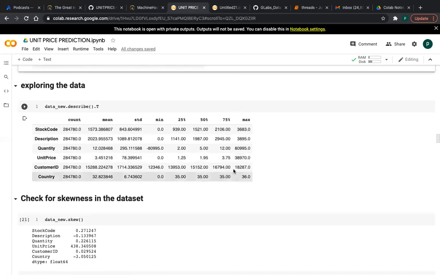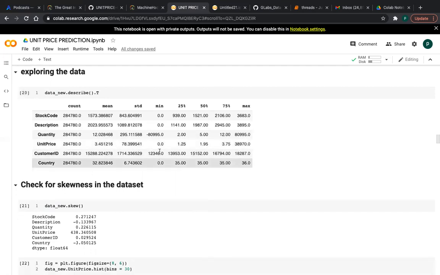And this is the maximum quantity they are buying, this is the maximum price, and this is the minimum price. I think they are offering free products also, as zero indicates. Negative quantity means they are returning. Quantity returning means some people returned the products. That's why in the data set they put a negative sign to indicate a return.